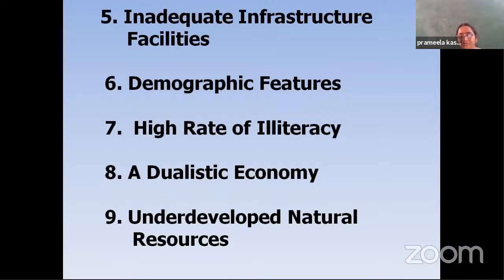Suppose, for example, in the agriculture sector, we can find subsistence level farming, and some farmers treat agriculture as an important source to increase their income level. The farmers who follow traditional methods treat it as subsistence, while the farmers who cultivate with modern methods treat it as an important factor to increase their income level. So we can find traditional as well as modern methods in the agriculture sector as well as